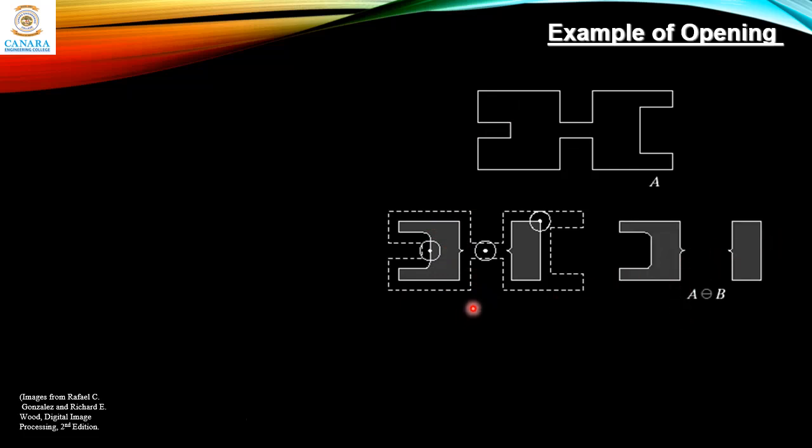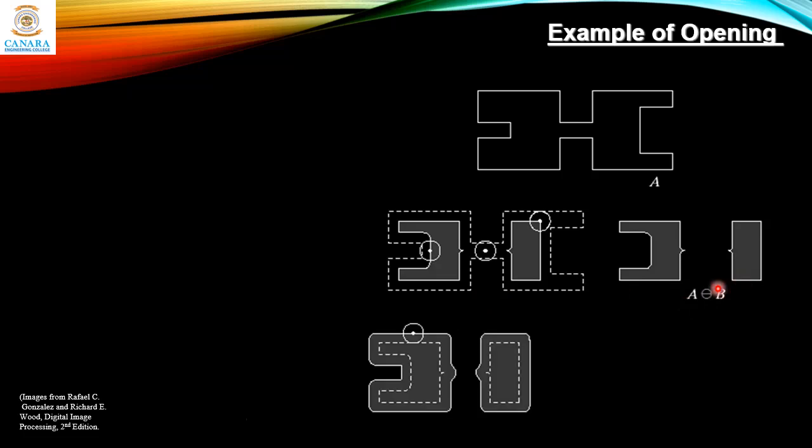So this is A erosion B output, and now we should perform the dilation process. The dilation is we slide around the structuring element so that it just touches around the border. Just one pixel touch around the edge is enough, so it will extend the boundary of that object. So you slide the structuring element around the boundary, making sure that it just touches the object.